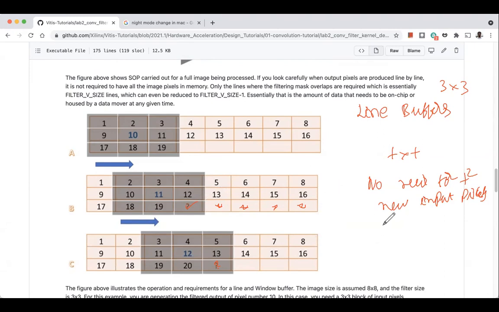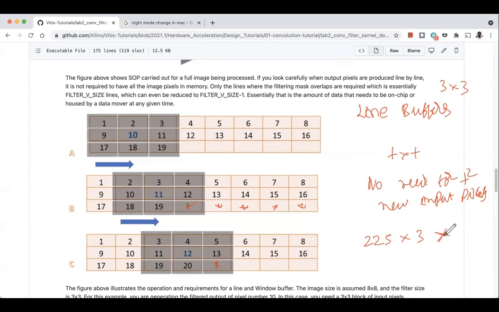So remember, the final figure that we have is 225 into 3 multiply and accumulate operations. We have 3 channels, 225 into 3.